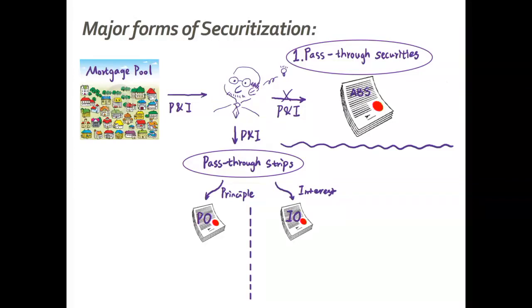Okay? So that means at the beginning, at the first few years, what will be the amount of the cash flow you receive? High or low? Low, right? Because principal outstandings are high. The monthly payments, majority of them will go to pay interest. Only small amount for principal. So at the beginning, if you're a PO strip holder, you receive very small cash flows and larger over time. Make sense? And if you are IO strip holder, it will be the opposite, right? So you will receive a lot of cash flows at the beginning, less and less in the future when the principals are being drawn down, right?